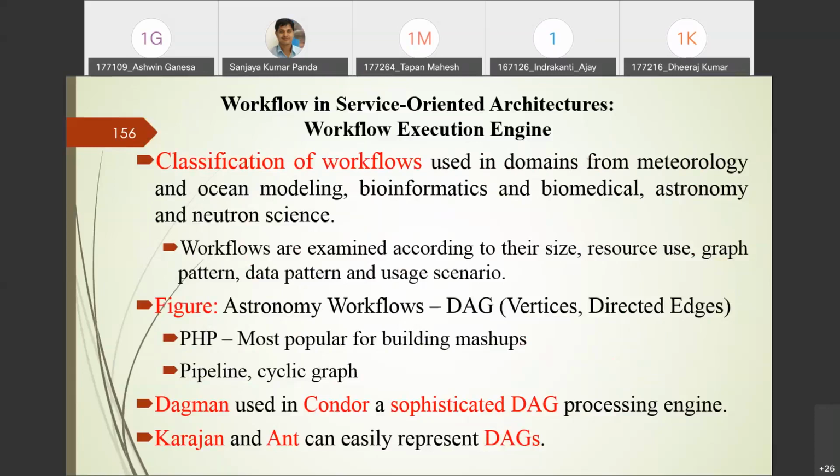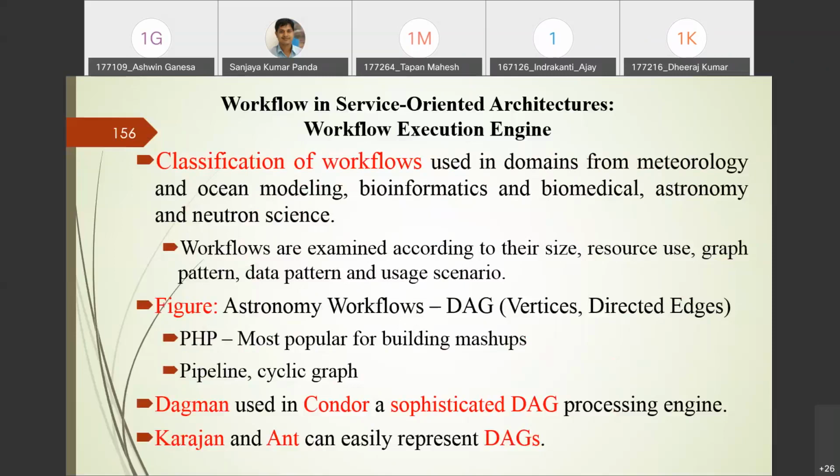Workflow may be available in astronomy and neuroscience. So these are examined. How will you examine these workflows? Based upon their size, the resource use, the graph pattern, the data pattern, or the usage, you can segregate the workflows from one another.